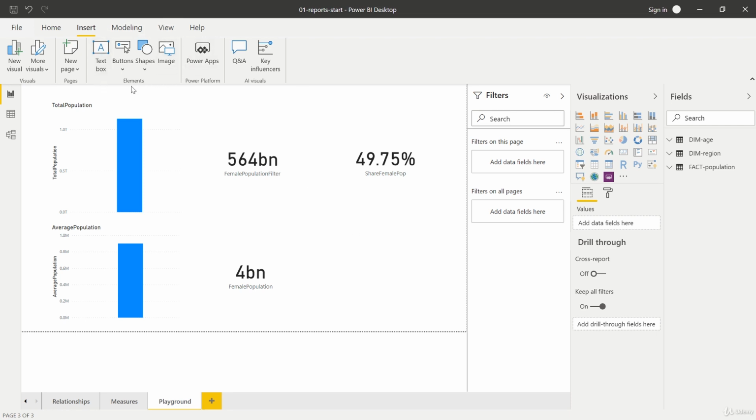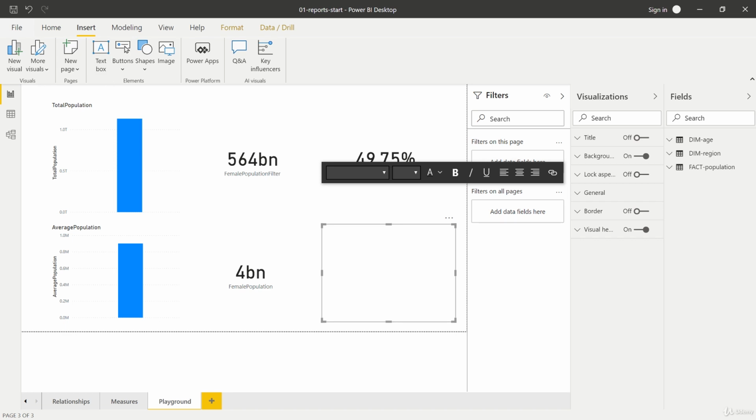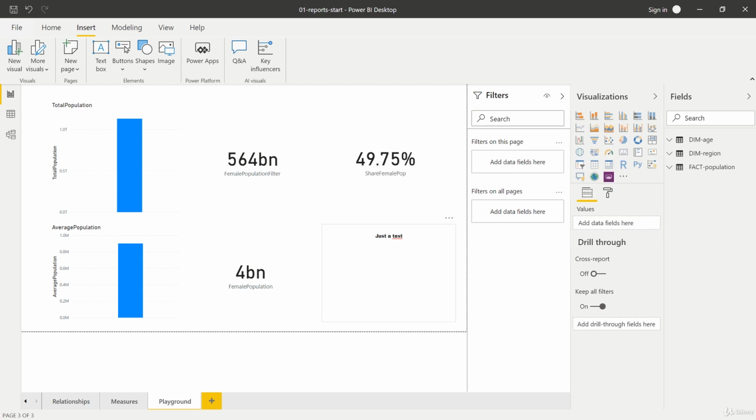One last thing I would like to add at this stage though is the addition of elements here. You can see this elements option. This allows you to either add text boxes, buttons, shapes, or images to your report. For example here, this text box allows you to add, well, plain text to your report. You can then select a specific font type and then add here just a test. You can, of course, then position it just as you want, so feel free to play around right here. You can increase the font size and so on. And if you unselect it, you see that this is just a test. So we added plain text as a visual here on our report page.